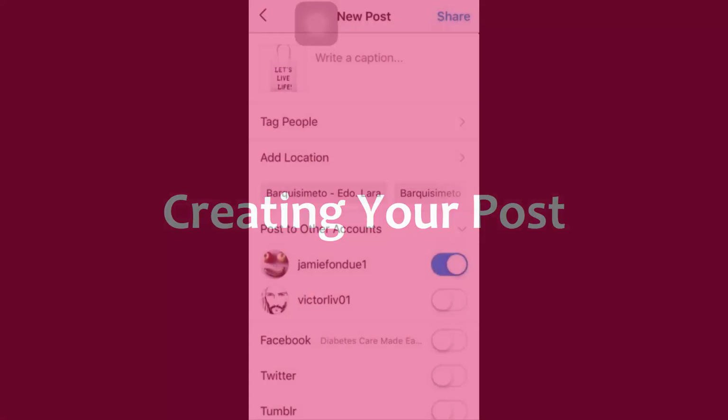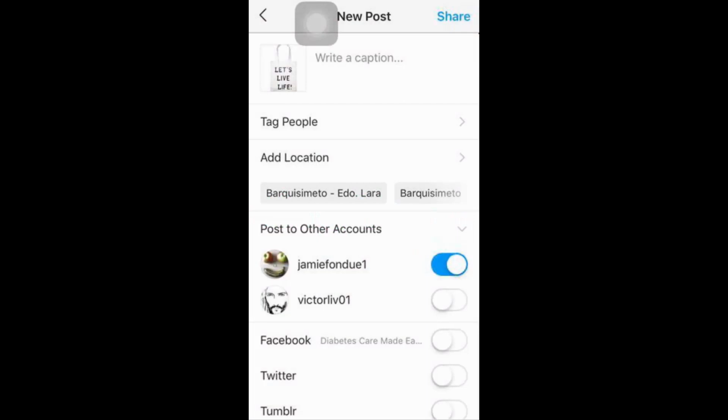Creating your post. Now it is time to create your marketing post. Let's start by composing the caption that will appear on the post. The secret behind composing an engaging caption that encourages people to interact with your account is either to write about a topic that your audience is sensitive to, such as a pain point or a hot take, or to include an actionable element, such as a question. Questions are great because they're the easiest way to trigger interactions. By asking a simple question related to the product or topic in your post, you'll be encouraging people to comment and share your content. This is important because generating engagement organically is the best way to grow your account and